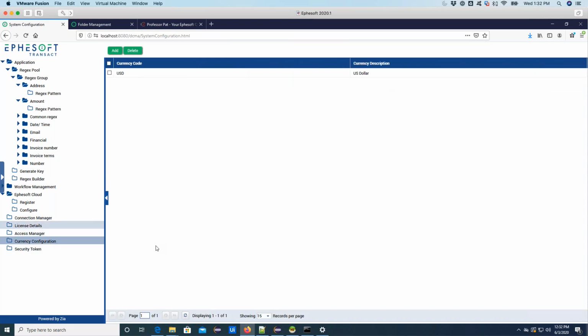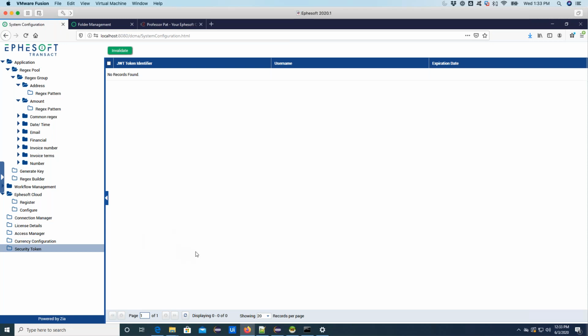Currency configuration, to be honest, is one of those things that I've never used, but you can specify in here the different kind of currencies that you want to support. And then right now, I think the only implementation, and love to hear if somebody's using it in another way, is that there are some certain transformations in formatting. So there's a formatter that you can add to your particular batch class, and that's the only time that I've ever seen this used or know that it is used. So again, something that I don't use that much.